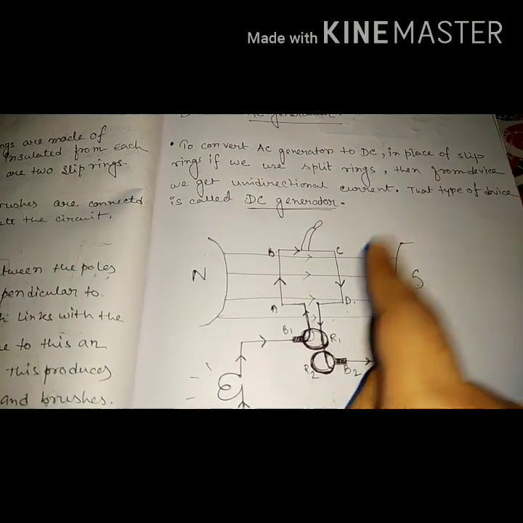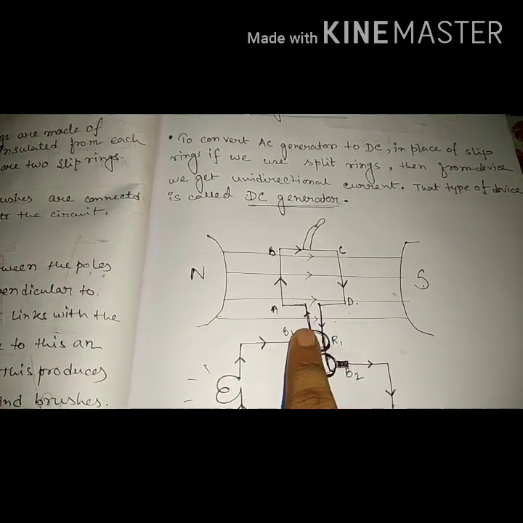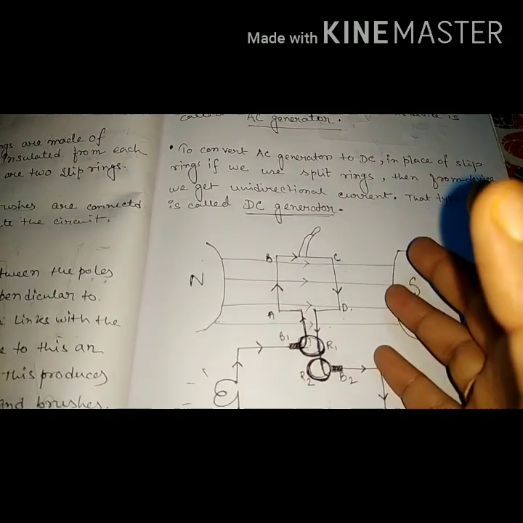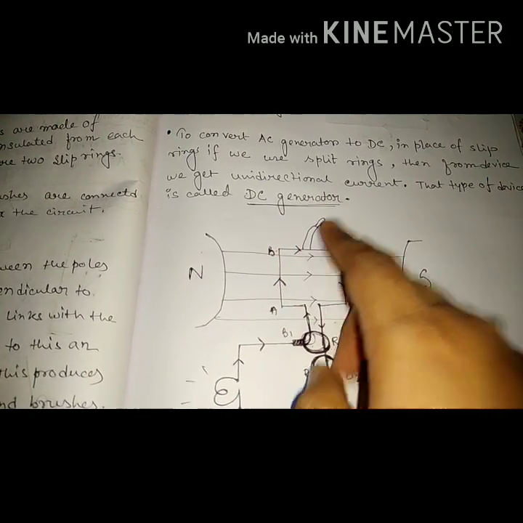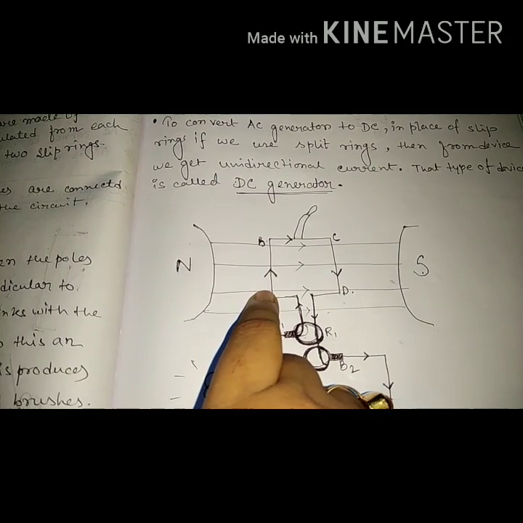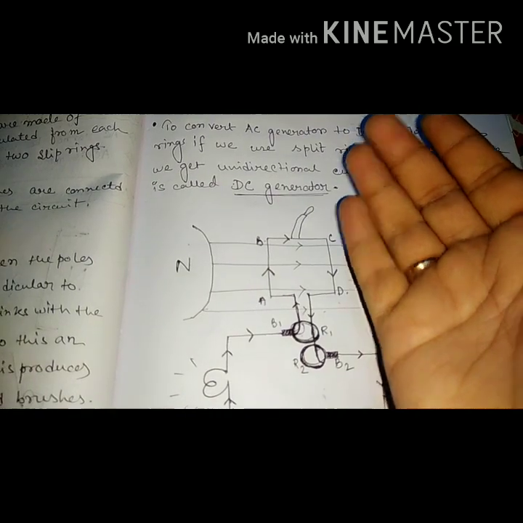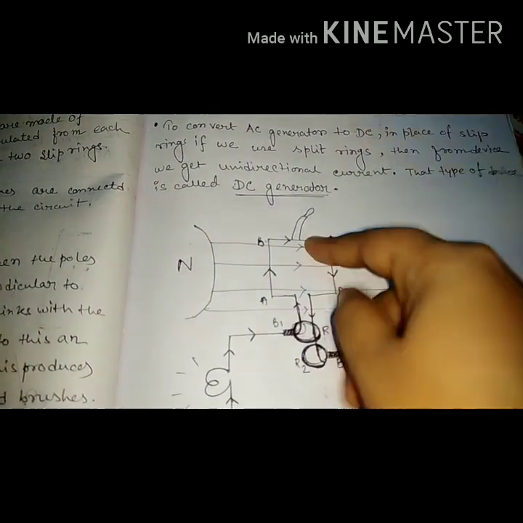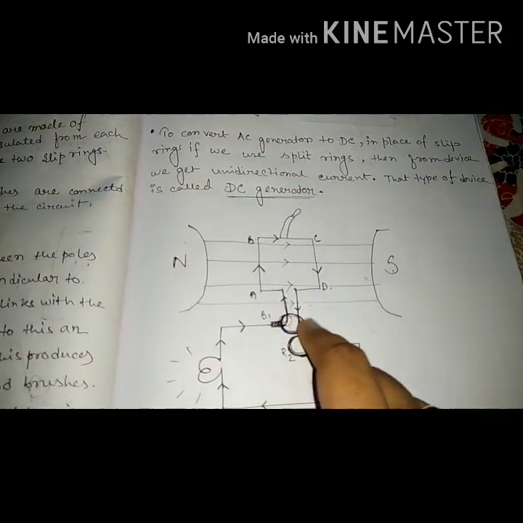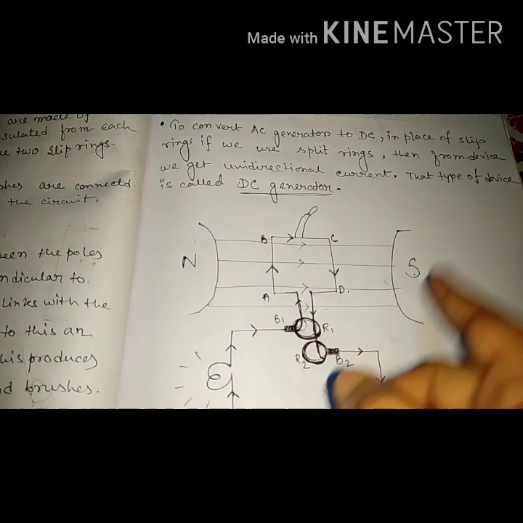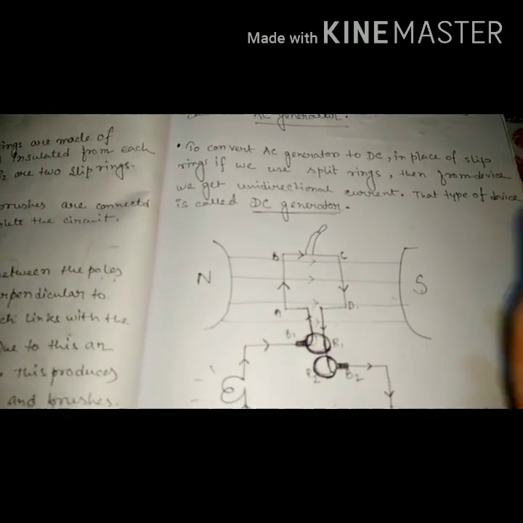And also, in my slip rings, after half rotation, the slip rings also change. That means we maintain the direction of current flow on this side. In the first rotation the current direction is A to B and C to D. So after half rotation, this direction will remain constant. Keep it in your mind. If the direction is constant, we can arrange it like this. We used the split rings here and we get the unidirectional current. Try to draw this one at home and apply Fleming's left hand rule.